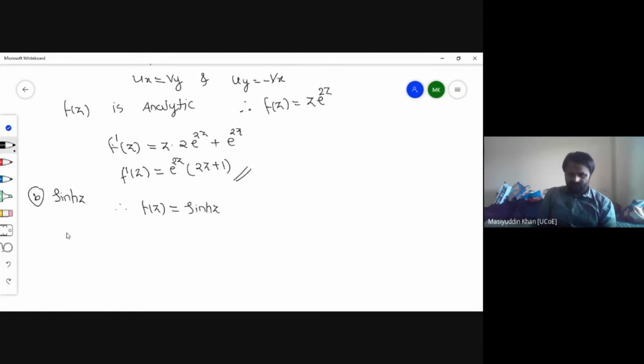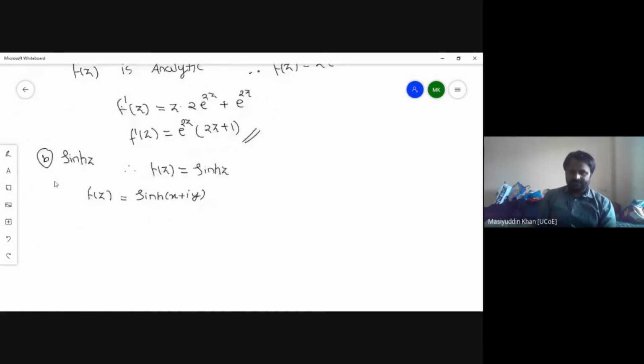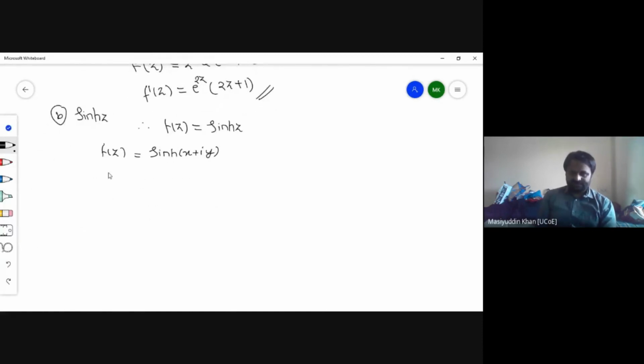F of z is what? u plus iv, or instead of u plus iv, I will write this part in the last step only. So f of z is equal to sine hyperbolic of x plus iy. I hope you remember this formula because you already learned it in the same topic, the hyperbolic functions. So I'm just going to write f of z, which is equal to sine hyperbolic of